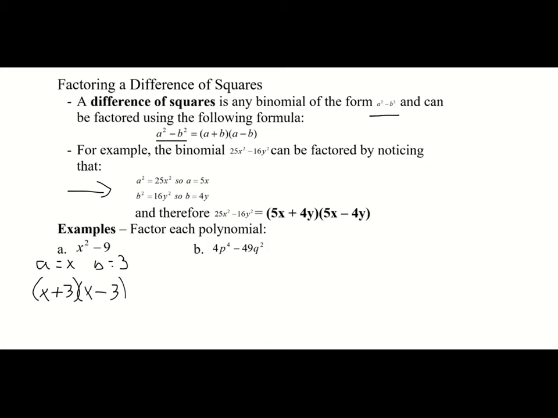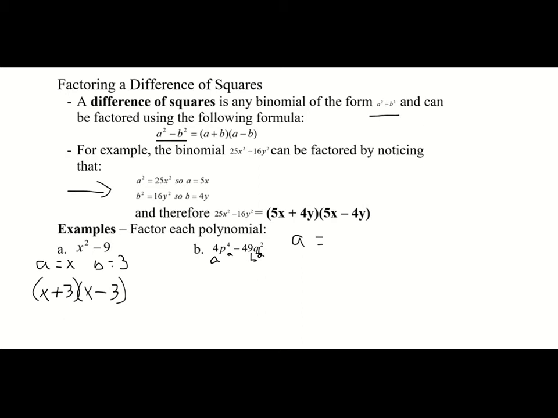For b, again, I see some perfect squares there. I know the square root of 4 is 2. The square root of p to the 4th is p squared. The square root of 49 is 7, and the square root of q squared is q. So if I look, this is my a squared and my b squared,